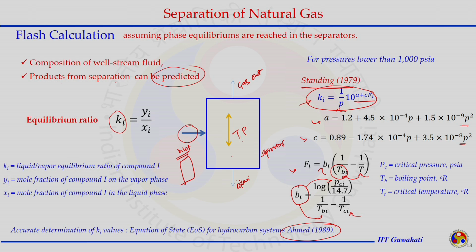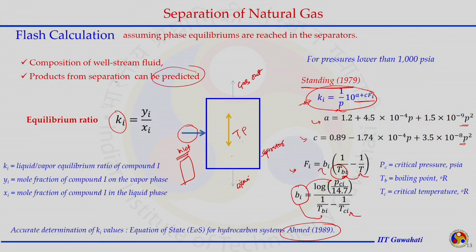For an individual component, it is not difficult to find out the critical properties or the boiling point of that particular component. Several reference books are there. So, for the feed that is entering a separator, if we know the composition, we can go to the literature and find out its properties. Those are required to estimate the value of Ki. The properties are boiling point, critical pressure, critical temperature, and if we know them, using this empirical formula we can calculate the value of Ki, the equilibrium ratio.